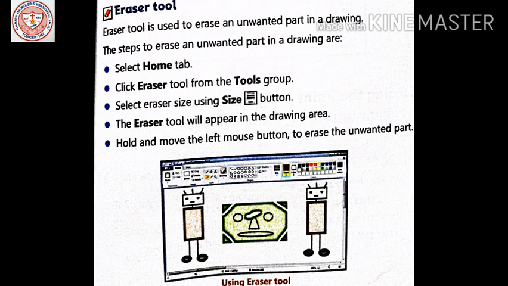Eraser tool. The eraser tool is used to erase an unwanted part in a drawing. The steps to erase an unwanted part in a drawing are: number 1, select the Home tab.